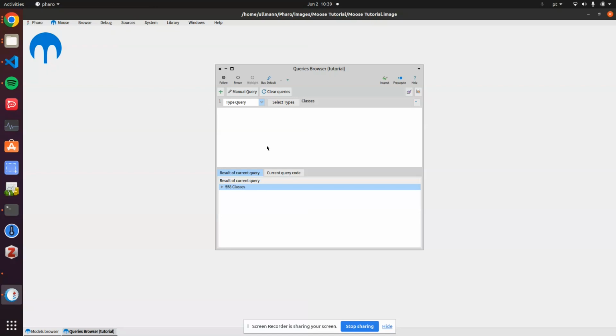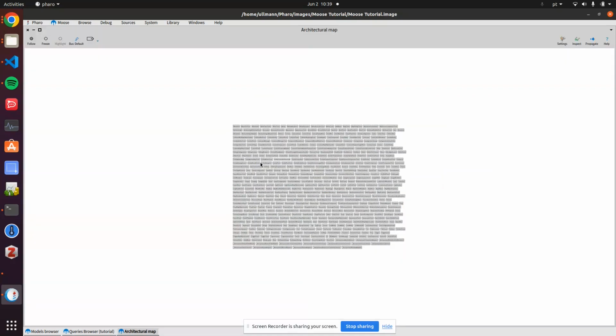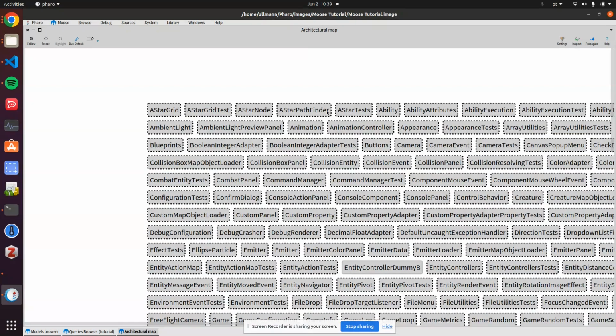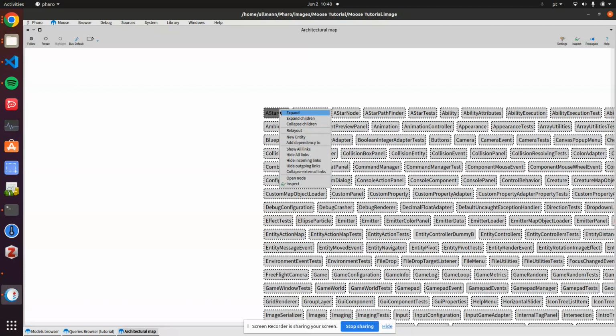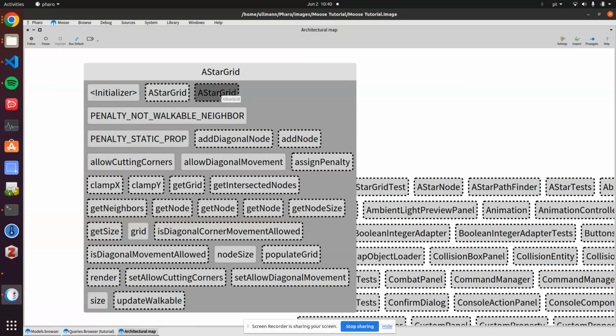Then you can go to architectural map, and it might take a while to open, especially when you have lots of entities. And here it is. So if we zoom in, you can zoom in with your mouse wheel. You'll see all the classes in your application here. And if you right click and do expand, you'll see the entities inside of the class. So here you're seeing methods. We can see by the name that they are methods: get, grid, get, intersected nodes, etc. If you expand on the methods,